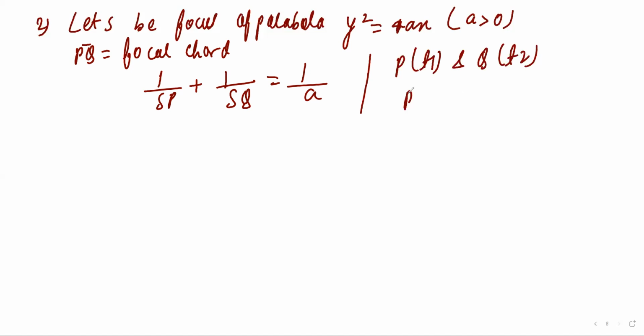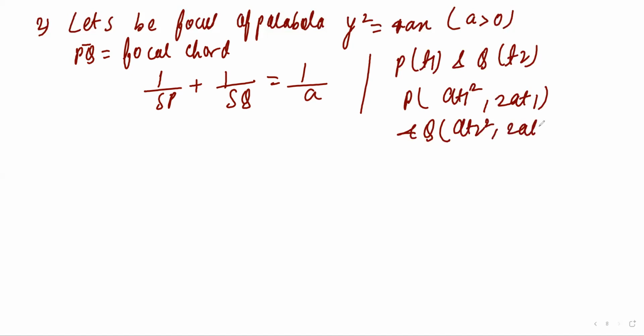So P coordinates are a T1 square comma 2a T1, and Q is a T2 square comma 2a T2. Right. So what will be the SP? So SP square will be a T1 square minus